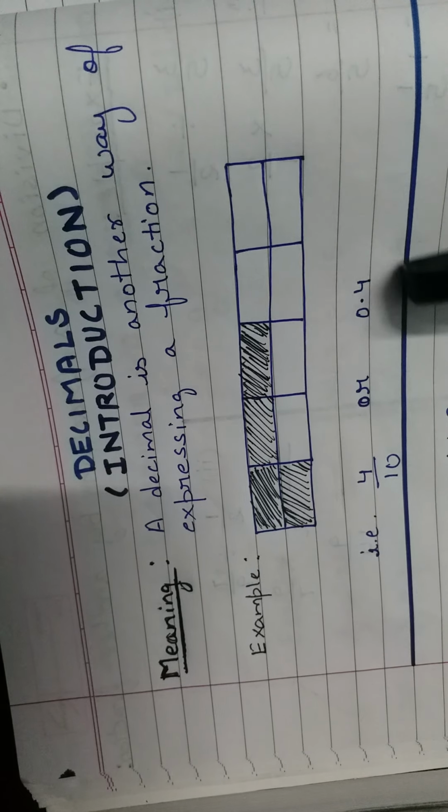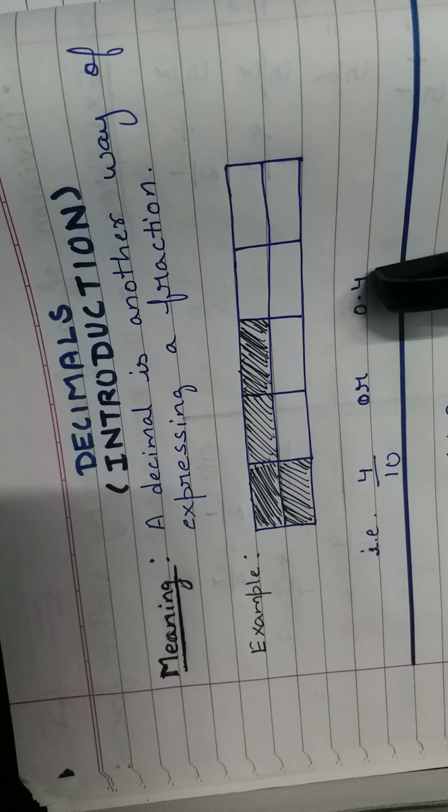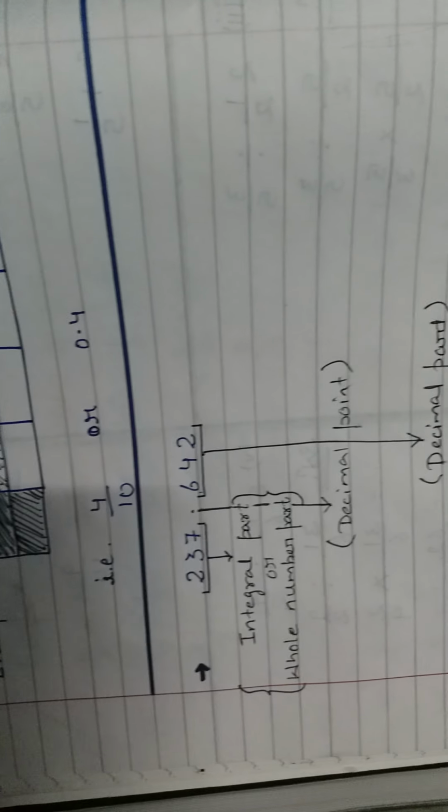So you can see decimal is what? It is just another way of writing a fraction or expressing a fraction. Now let's see more about decimals. So we have another example,